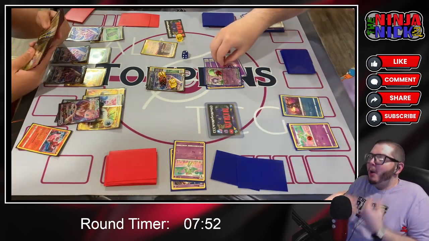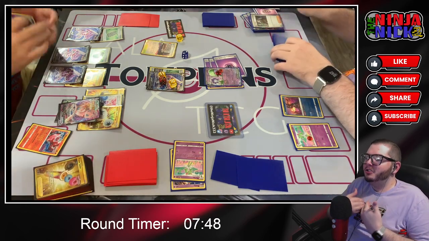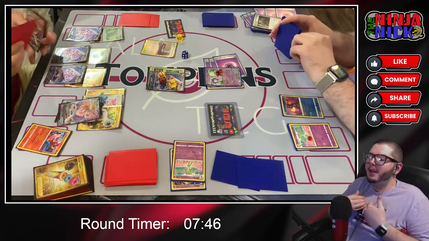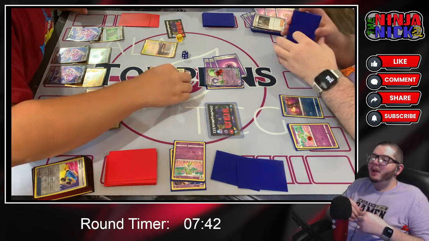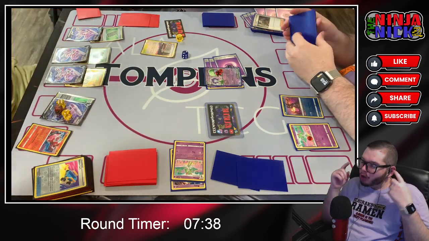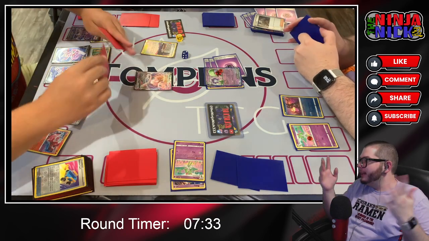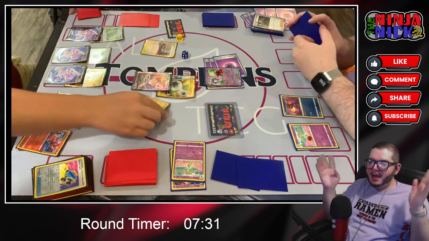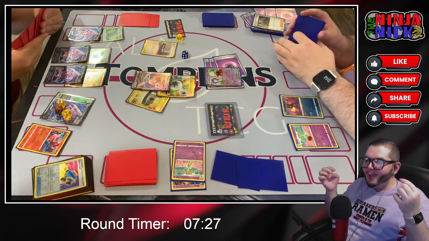I'm like, I know I hit 190, I know the Genesect is 190, I have everything I need, just the Boss's Orders plus what's in play. Let me not play extra cards, let me not do something extra that will potentially allow me to misplay, which the thought process was certainly correct. But I got blindsided by the Oricorio because I forgot that was a thing, and now I'm 20